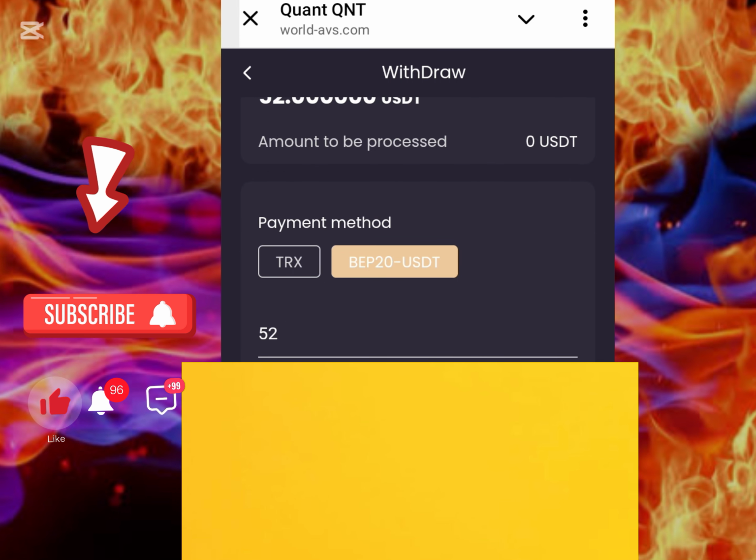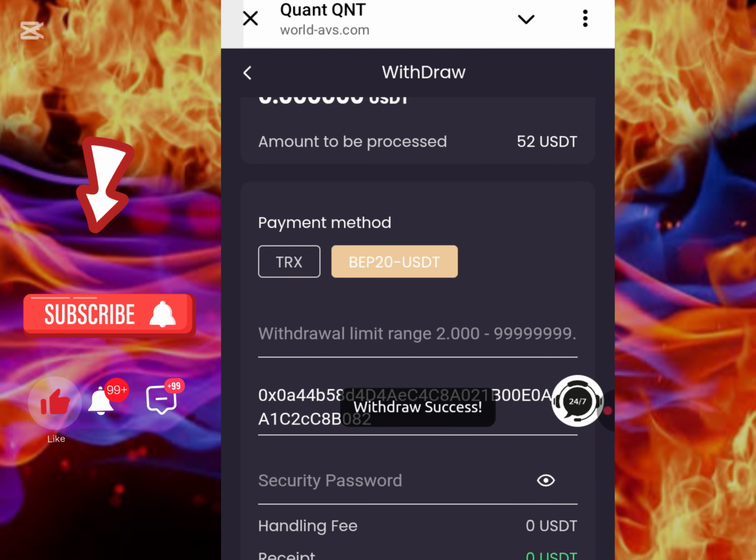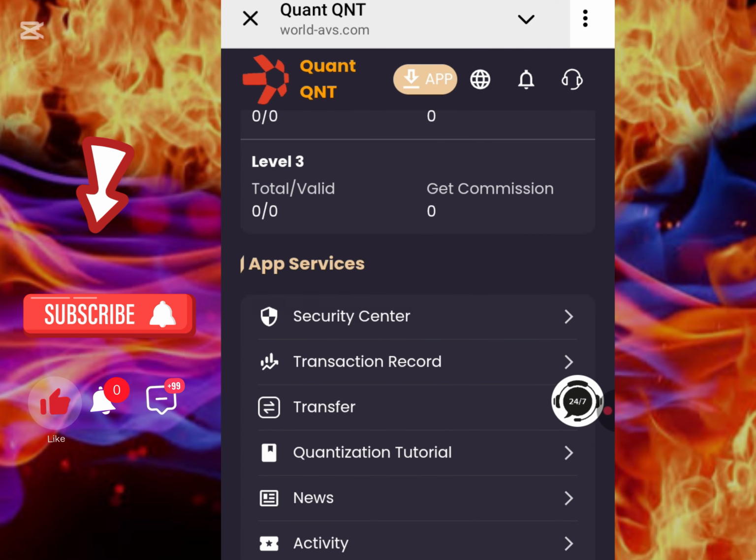I'm going to show you guys how you can actually register here. So the next thing I'm going to do is tap on confirm, and you can see my withdrawal is confirmed. My withdrawal is successful. Remember how much we had earlier on that wallet I showed you guys. So this was actually what I started off with, which is around 325 USDT, and I'm earning an interest of around 16%. So let me just quickly log out